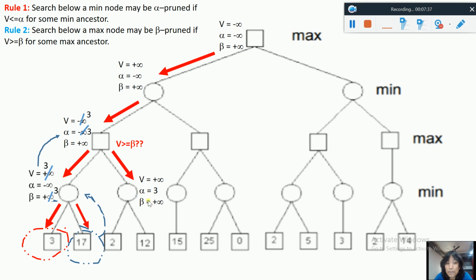So again, we have gone to our next node. We have hit with some static evaluation function value. We will update my min value, which is 2. 2 is very good value for a min player, then plus infinity. So again, we will go for this one. So now, again, we need to check whether I need to go to the right child of the node. So we will again check the search below min player.